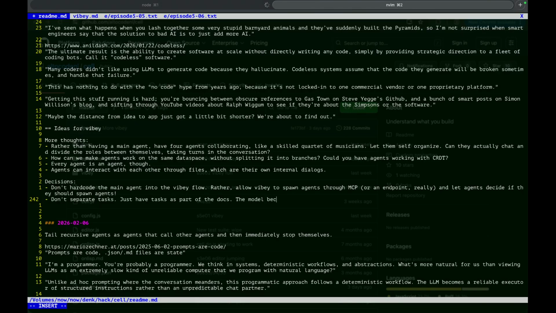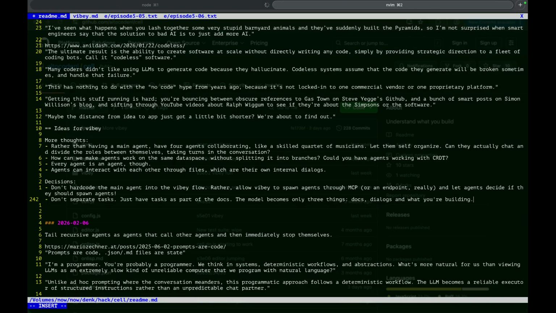The model becomes only 3 things. Docs, dialogues, and what you're building.